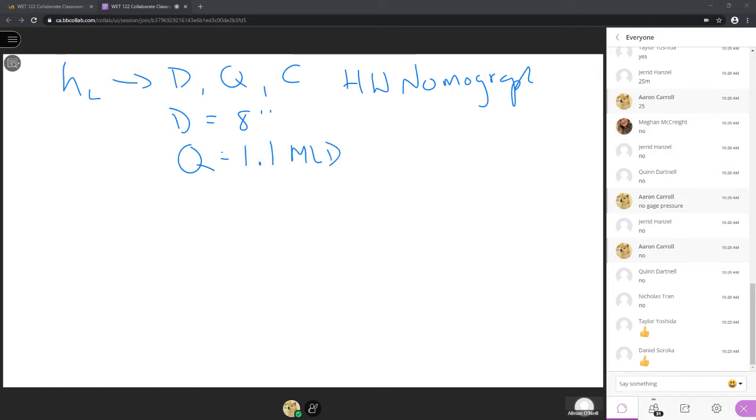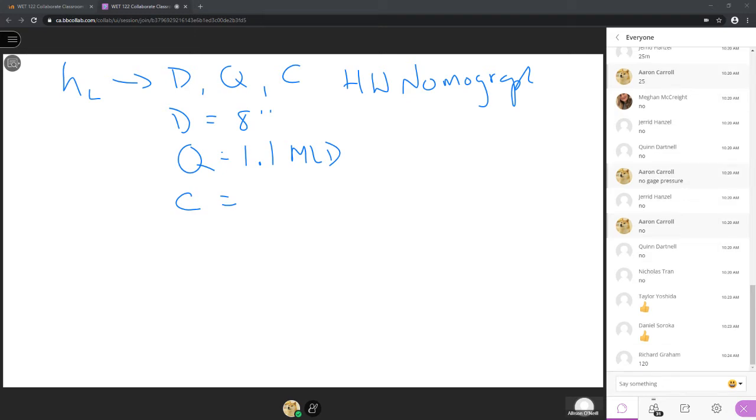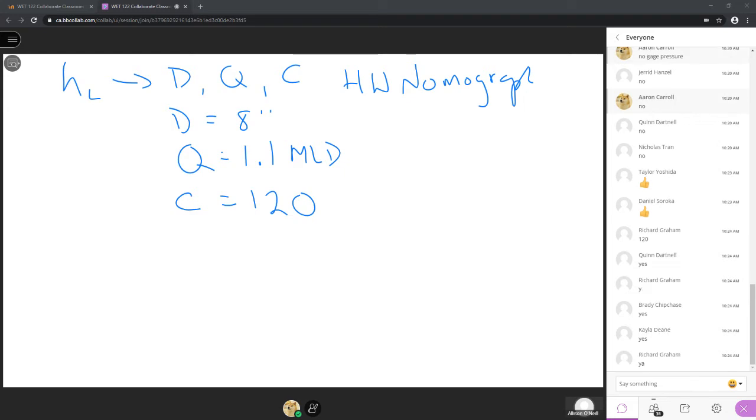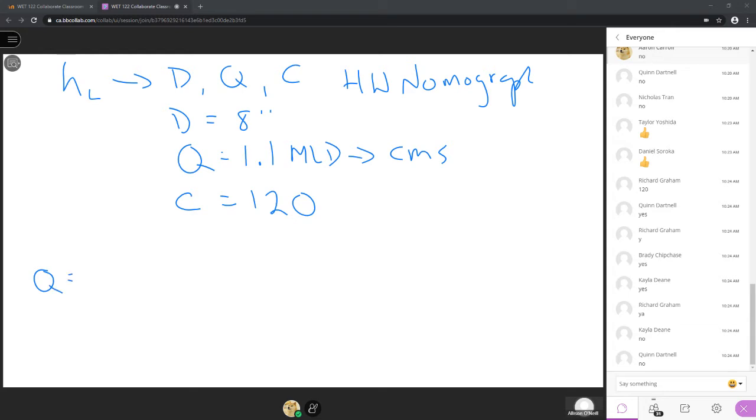megaliters per day. And then our C value, again, I can't remember if I switched back to my screen or not. 120, thanks, Richard. Did I get the flow rate correct? Okay, great. Now, is our flow rate in units that we can use? Nope. So we need to get this flow rate into cubic meters per second so that we can use the nomograph. So if we have Q